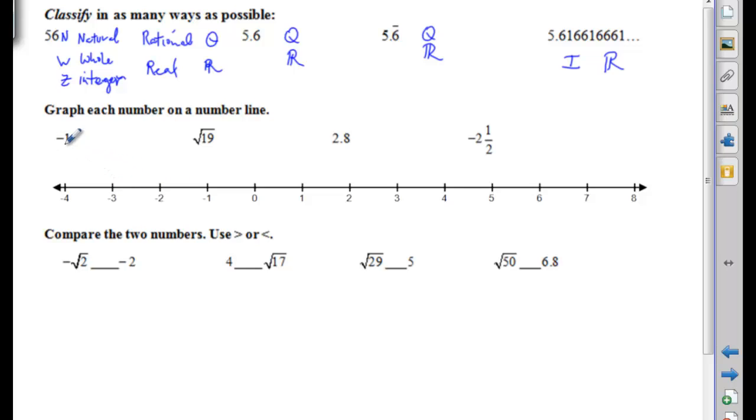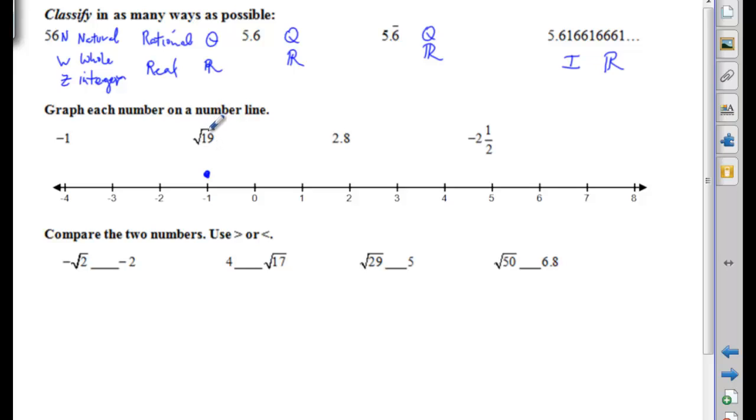Okay, so if we look at number 1, negative 1, or the first one. So if we look at the first one, which is negative 1, it's an integer, so we can immediately go to number negative 1 and put a dot. But when we get to the square root of 19, square roots have to do with squares, so the best thing we can do is figure out,